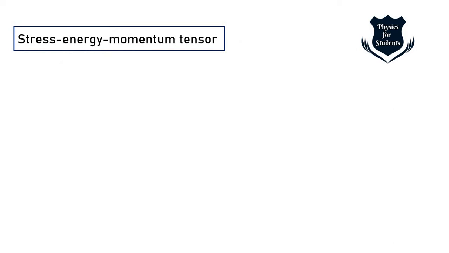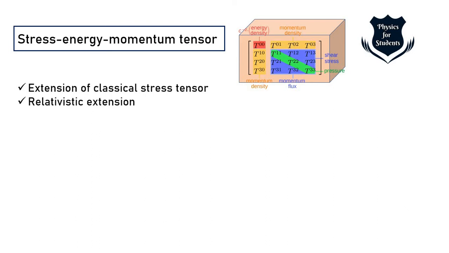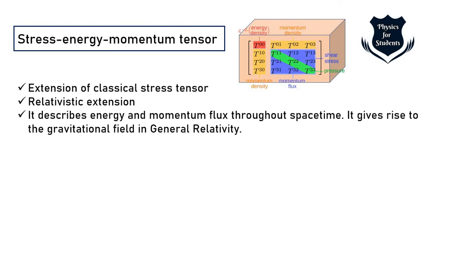So the stress energy momentum tensor, although it is a mouthful which looks complicated, historically it is the relativistic extension of the same classical stress tensor which we learned and dealt with in Newtonian mechanics. So obviously it is an extension of the classical tensor. It is a relativistic extension. It describes energy and momentum flux. This is important through space-time, and this particular tensor gives rise to the gravitational field in